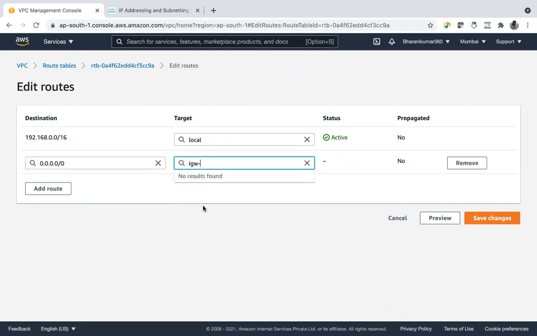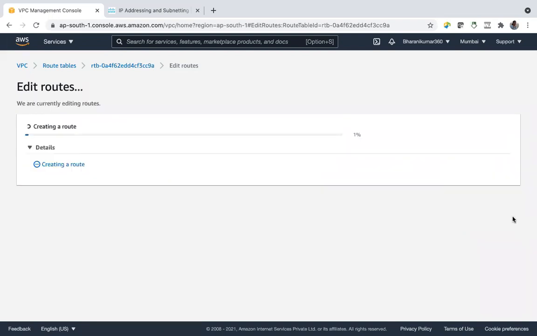And the internet gateway, right, it's coming like this. Yeah, this is my internet gateway. If we have one more internet gateway, then a list will come. But even if you have two or three, you can attach only one internet gateway at a time to your VPC. So let us choose this internet gateway. Right, what we are saying: route the traffic here using the internet gateway, and save changes.